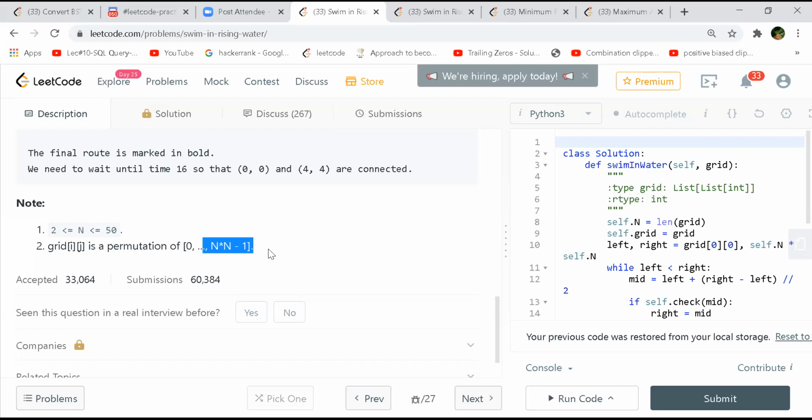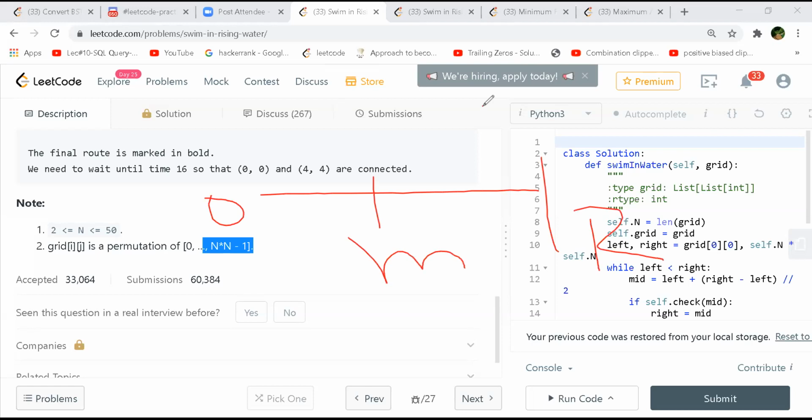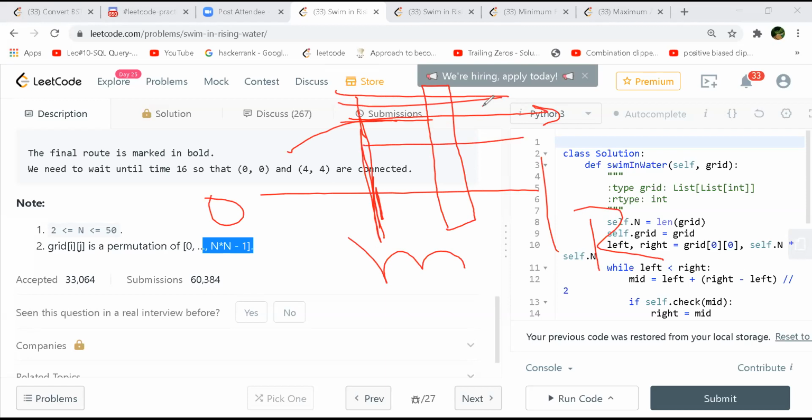Yeah. So you will first calculate the mid, right? Like this will be your zero and this will be your extreme, let's say. You will find some mid. If at mid you are not able to reach, that means there was something bigger, some higher elevation, right? So you need to increase your time in this side, like you need to wait that much time so that it will get filled and then you can cross this elevation. So you will be moving towards the right in that case. Otherwise, left, right?